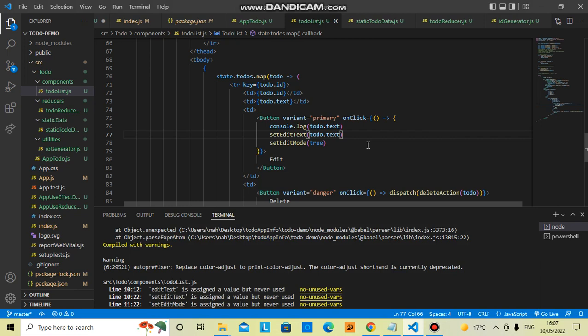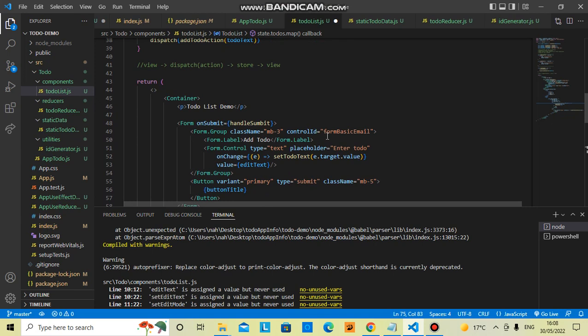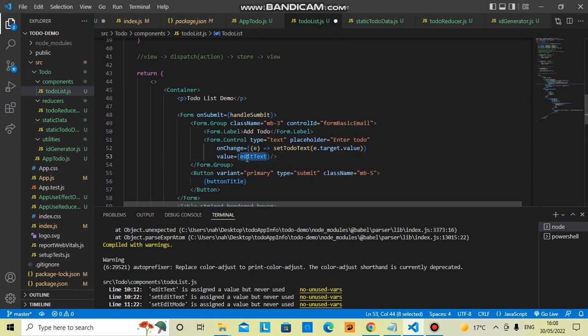So I can take this one out. Set edit to-do text, set edit mode is true. Then the form control you're using, edit text. But since set to-do text is our function controlling our form input, its value is supposed to handle our input control. So okay, yeah,